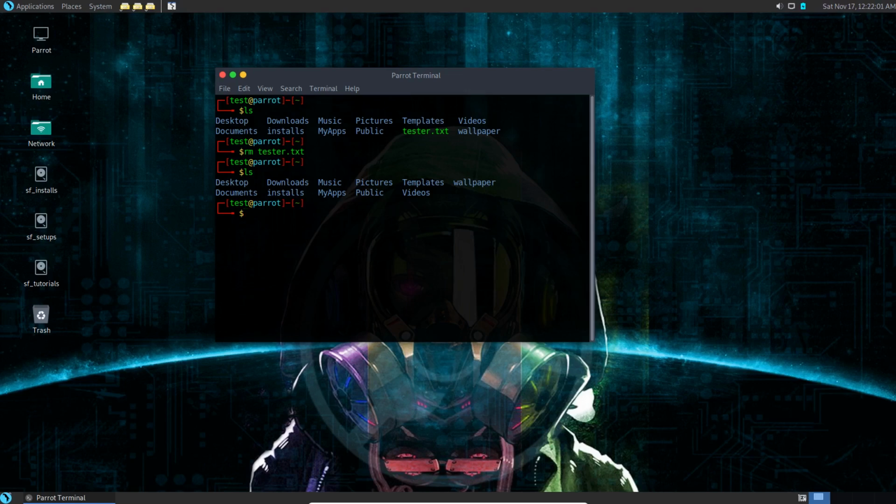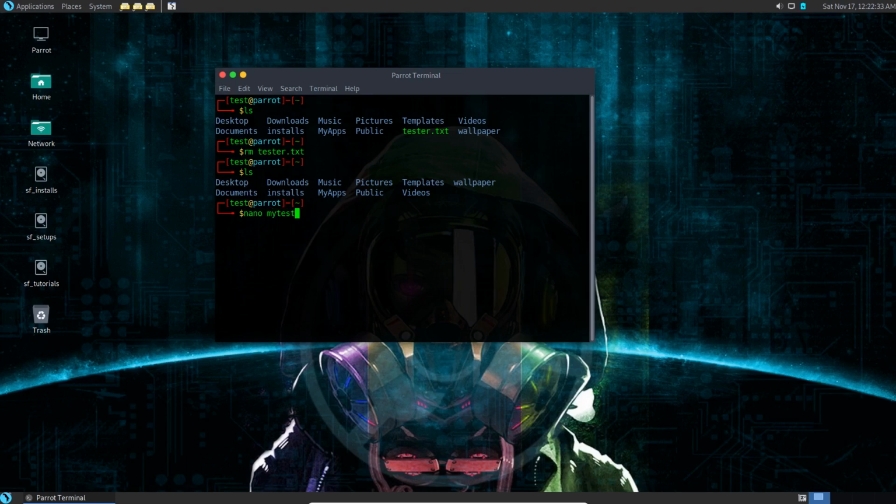So we removed that. Now, I also want to go over 2 more commands for you in terminal, and then that's all we're going to go over for this session. We need to learn how to copy, which is cp, and how to move, which is mv. Okay? So let's create another text file here. Let's create, I don't know,